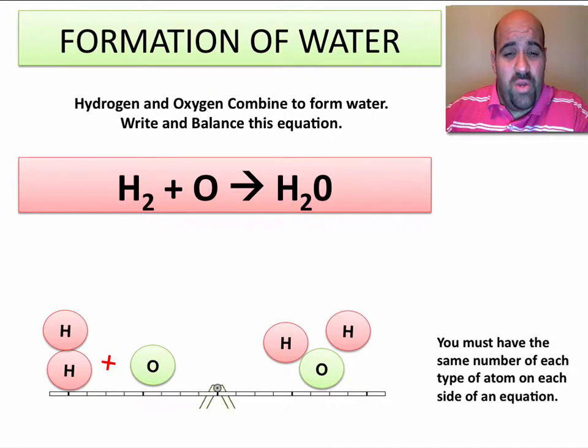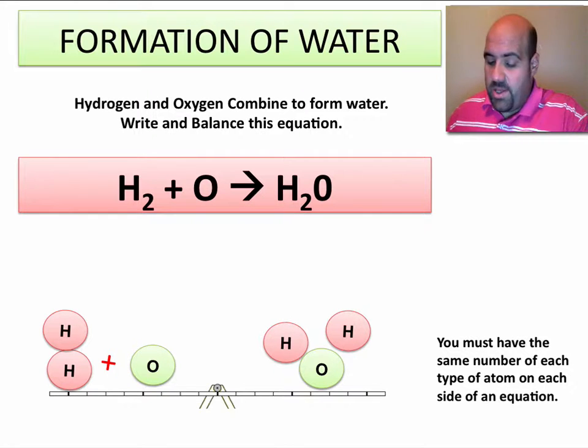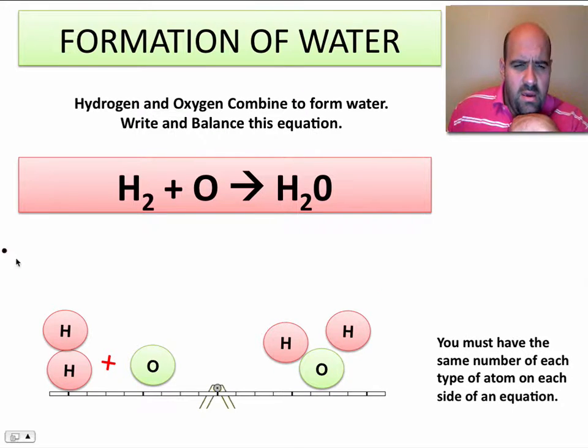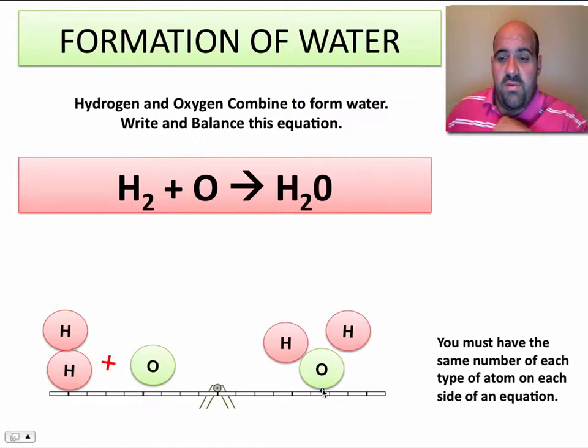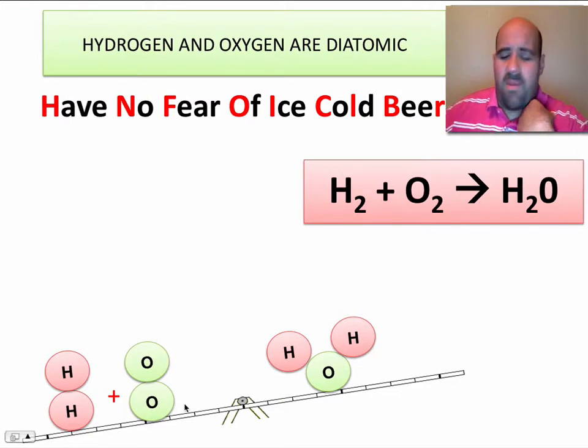And this equation would be balanced because we have two hydrogen here, one oxygen here, and one here. You have the same number of atoms on each side. There is going to be one problem with this, though. And if we remember this saying